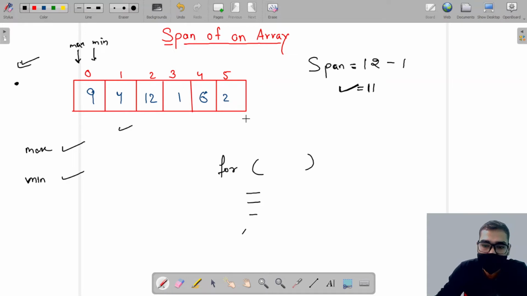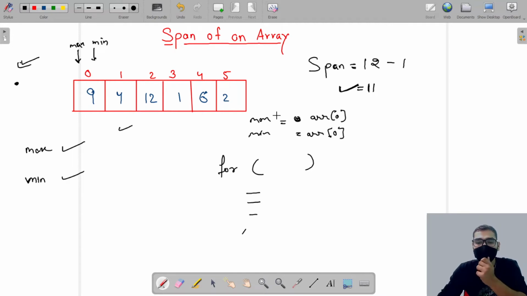So I assign max and min with the first element present in the array. Then as my loop goes further, I will check and upgrade my max and min values. How will I upgrade?